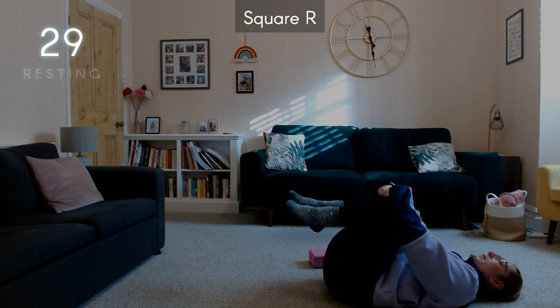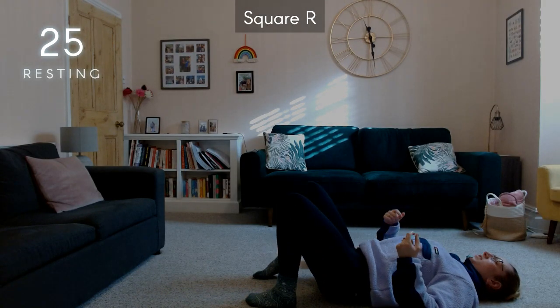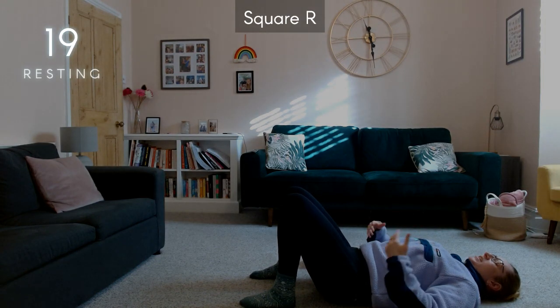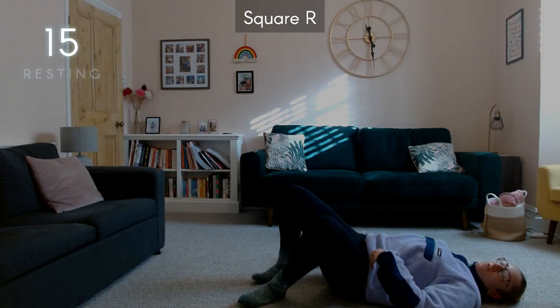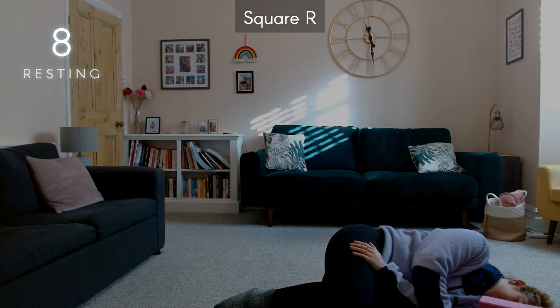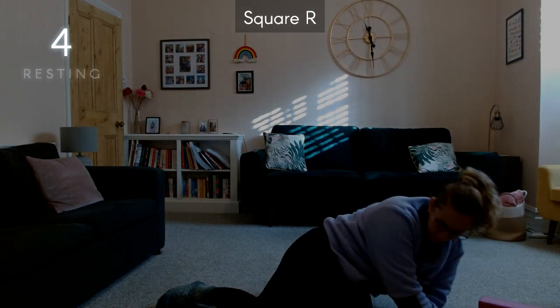Sometimes we feel almost like a rush of blood to an area if it's been restricted. Sometimes we feel it warmer, cooler. Just notice any sensations. And then when you're ready, roll yourself over onto one side. And then gradually push your way up